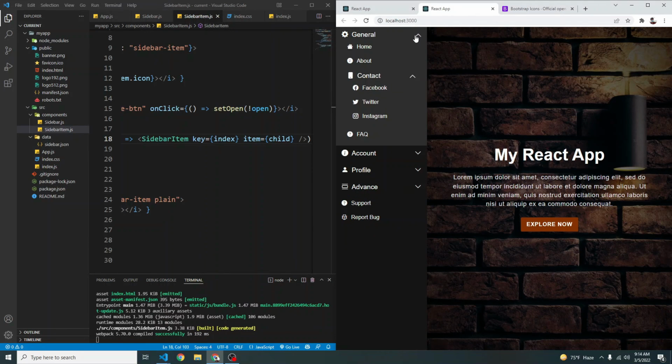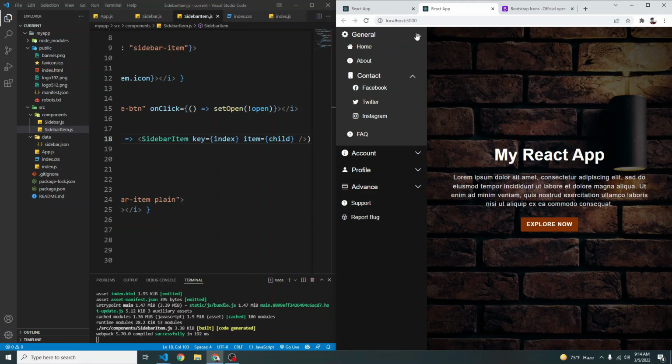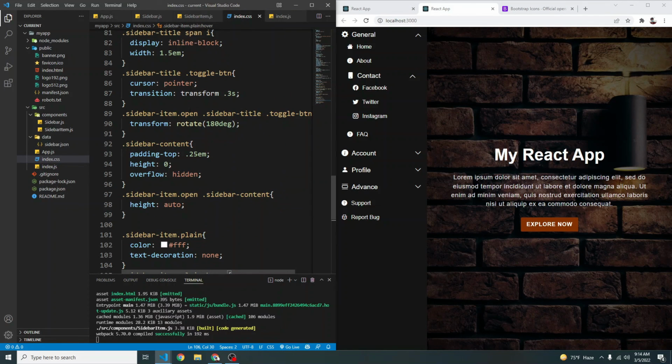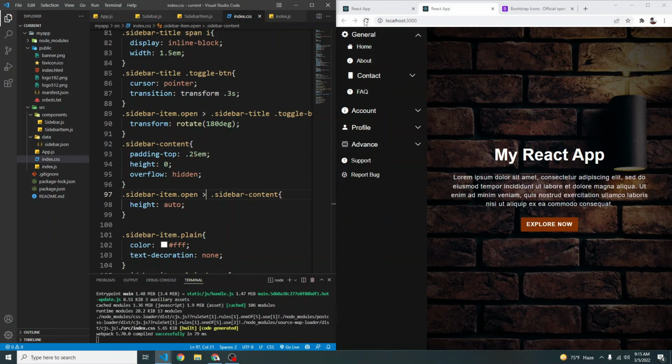As you can see, we already have our sidebar working, but one thing you'll notice is, let me refresh, if I click here, as you can see the inner submenu is also open by default, so we don't want that. So let's go to our submenu. When our submenu item has a class of open, the inner toggle button should not have this style, only the immediate one. So here we simply have to use this character, the greater than sign, and we can do it here also. Save. And now it should be working.